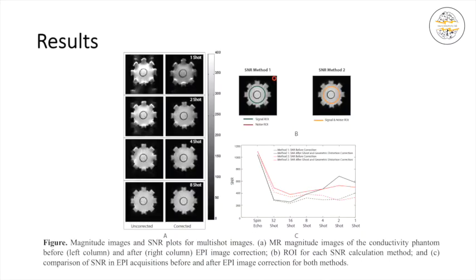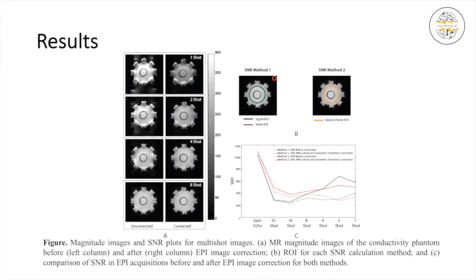Here are some results showing corrections applied to some multi-shot images and comparisons of magnitude SNR values in EPI images with spin echo images. In Part A, we can see uncorrected on the left and corrected on the right 1, 2, 4, and 8 shot magnitude images. Images gathered with more than 8 shots were not obviously different after correction and were very similar to spin echo